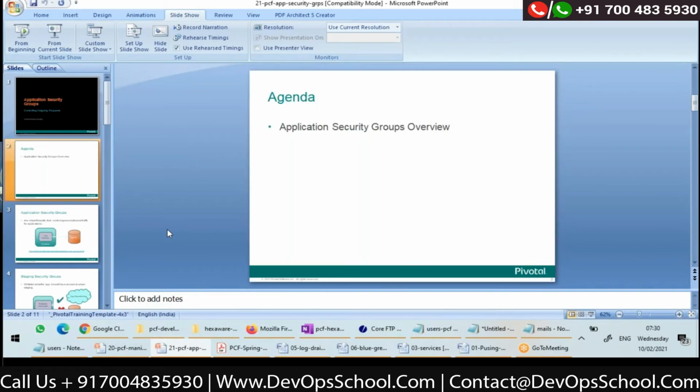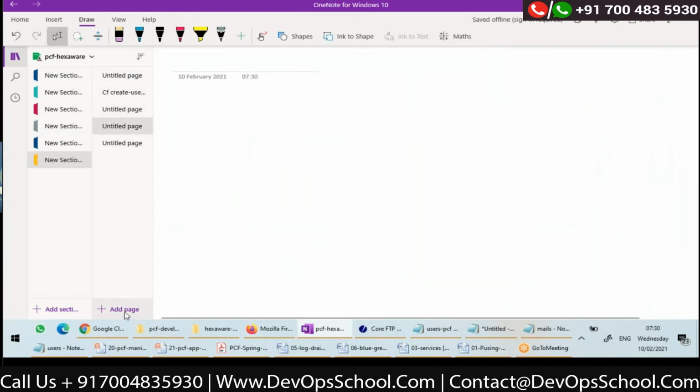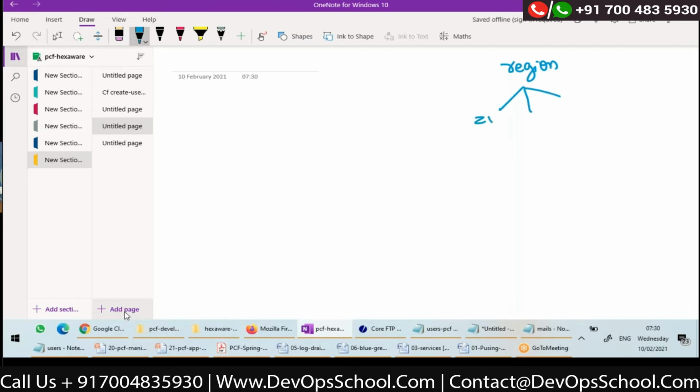Okay. Now let me actually give you some basics before I go ahead. Let's assume that I am using only a cloud like AWS or Google Cloud. Let's take Google Cloud. Google Cloud has a lot of regions. They have their data centers in multiple regions, and one region can have multiple zones, zone 1, zone 2, zone 3. For example, US East 1 is one region. Under that, US East 1B, 1C, 1